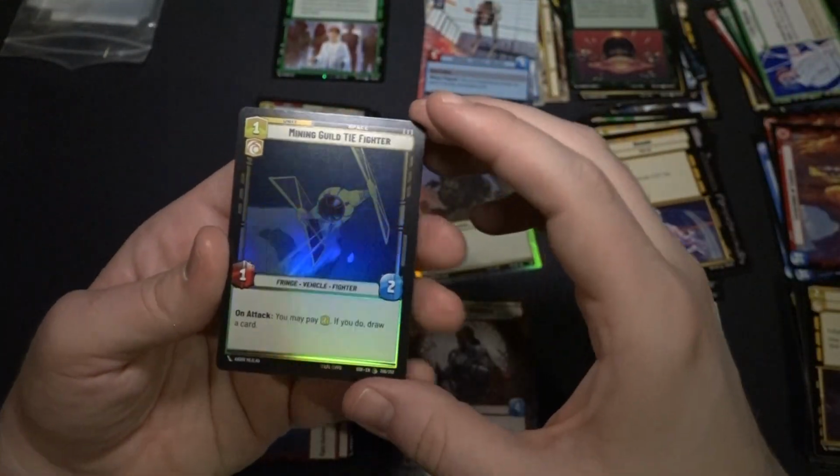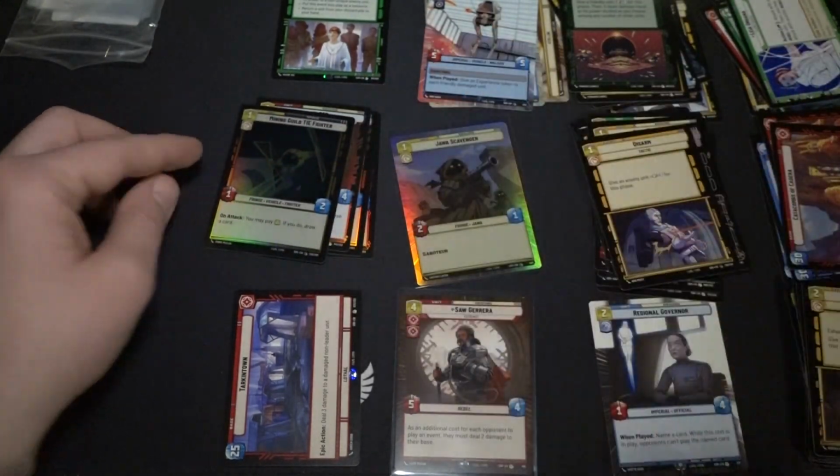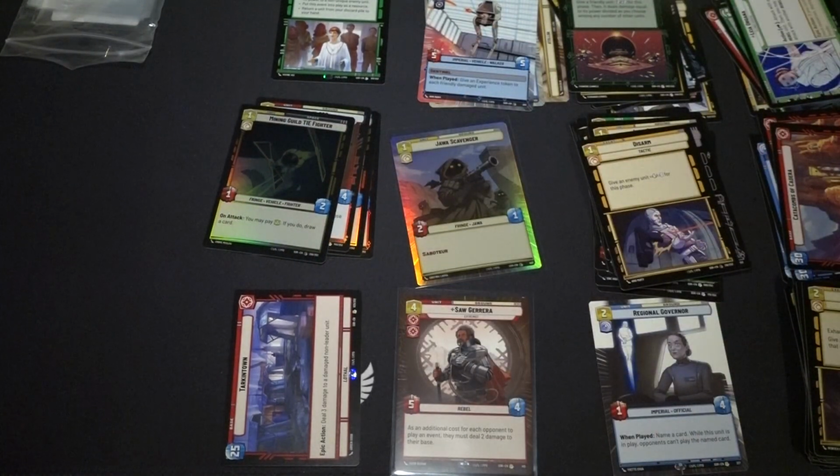Mining Guild TIE Fighter. So, a little bit of a fizzle to go out on, unfortunately, but still, I like this set. So, I'm not mad about the general pulls from all of this. I like having the hyperspace foils, even if they are commons, still look nice. And that rare Saw Gerrera that took a nosedive, a good Rogue One character, you know, Clone Wars, and